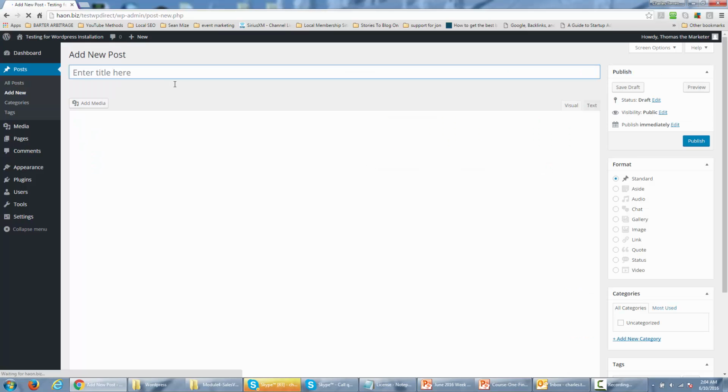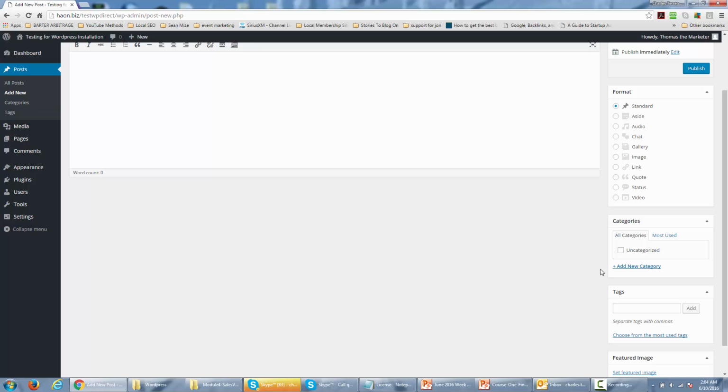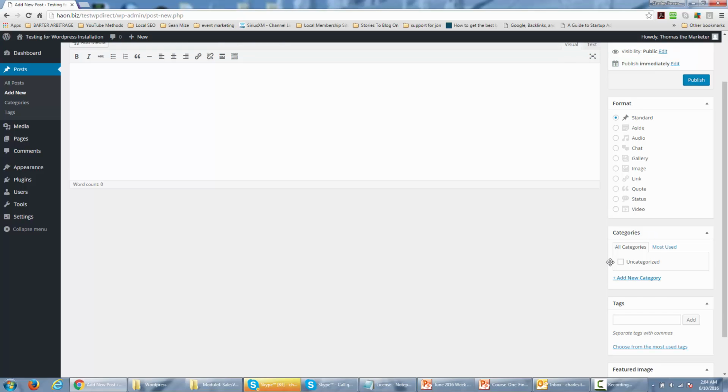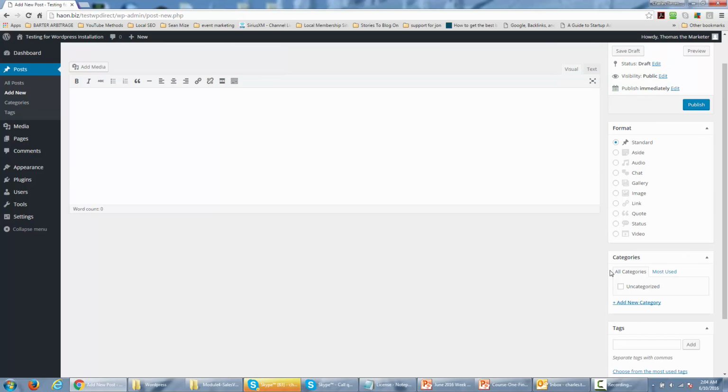And there are a couple of things that you want to know about creating posts. Posts are the most common way of creating content in a WordPress site. And you are going to want to have your post organized by some kind of category. Whenever you're in the posting area, WordPress will start out with an uncategorized area, but you can actually add a specific category to the post that you are writing. And all posts are going to be organized by category unless you decide to leave it uncategorized and in a